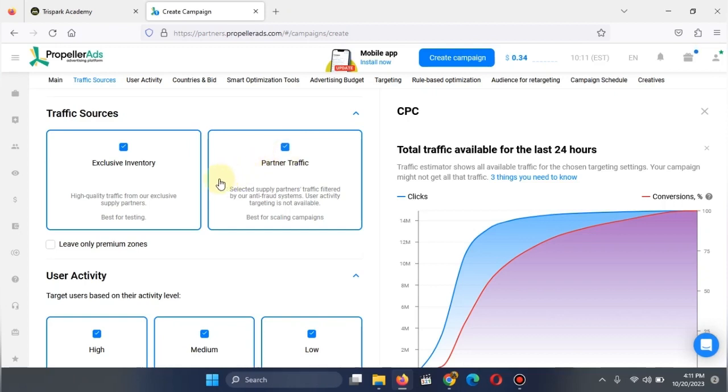But the challenge with it is also that if you do not select this partner traffic and select exclusive inventory, sometimes the majority of the traffic that will be coming in on your site will be bots. So you are lost between choosing traffic from sources you don't trust and choosing traffic coming from majority bots. So you either choose this one or this, but you can choose to leave the two of them so that you have more of bots coming in and also more of traffic coming from other sources like third-party sources.